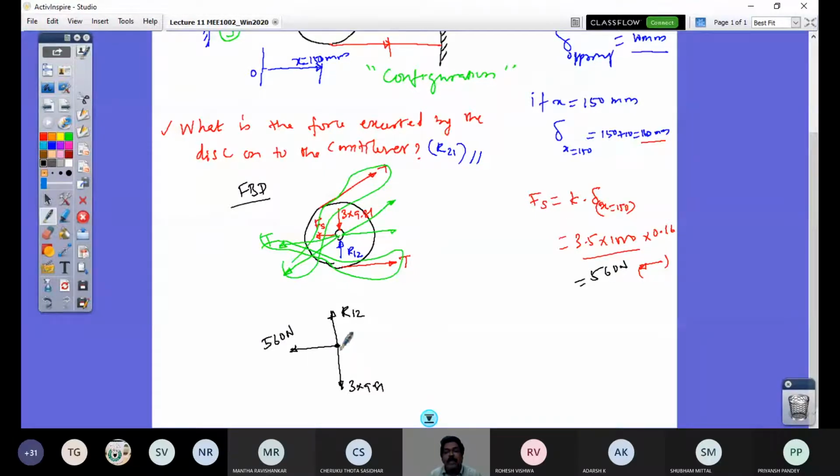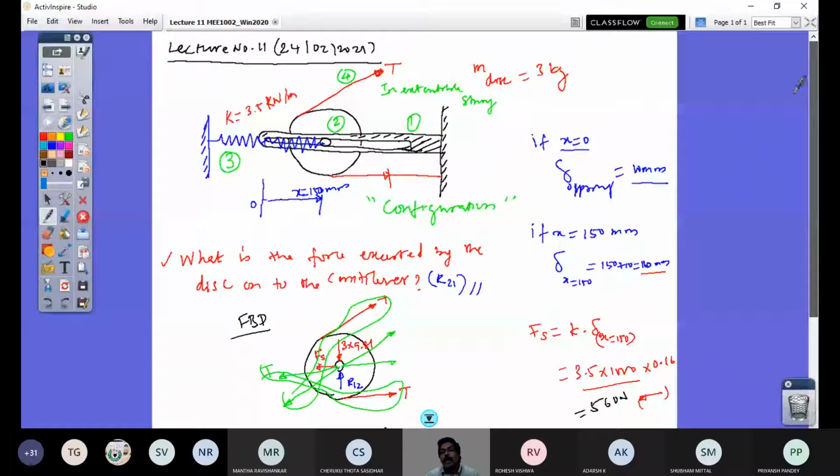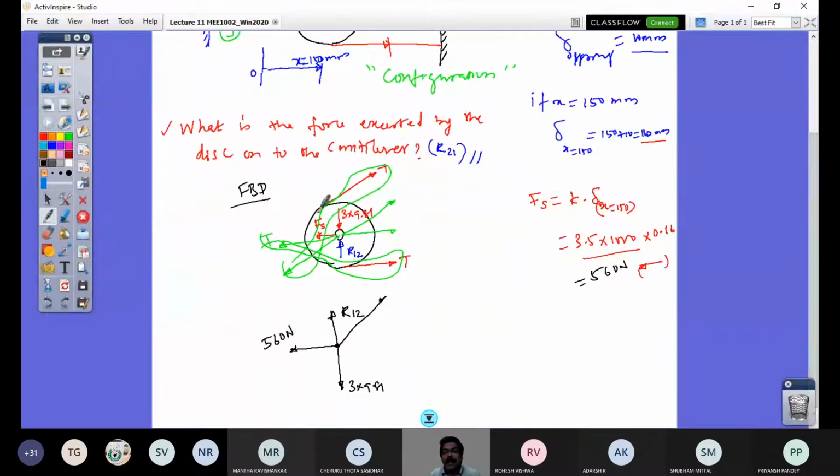And you have a tension here. So you require the orientation of this, which has been forgotten to be given to you, because this string which goes around can have any angle. I can have it like this, I can have any angle. In this case, it is given as slope 1, 1, so you can consider 45 degrees. If I consider that, I will have this T over here inclined at 45 degrees, and also this tension T. So I have now T and R12, two unknowns. I can solve for this.